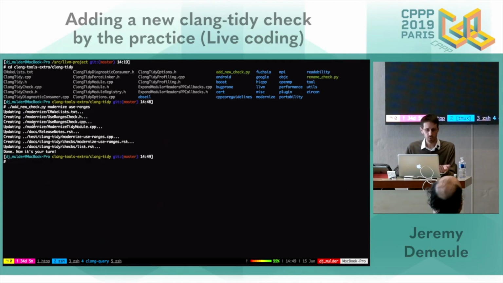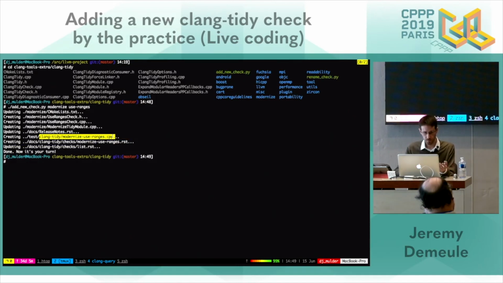It registers it inside the modernize module. It will also register the new files inside the build system, CMake for now. And it also creates some documentation and a test file. This test file will be our scratchpad, our environment to create this check.